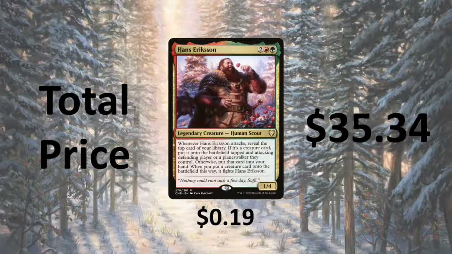So, we're going to have a lot of big creatures you can get on the battlefield with Hans, ways to protect Hans so that he doesn't die, and ways to get creatures on top of our library. The total price of this deck is $35.34, and this is according to TCGplayer, and does not include the